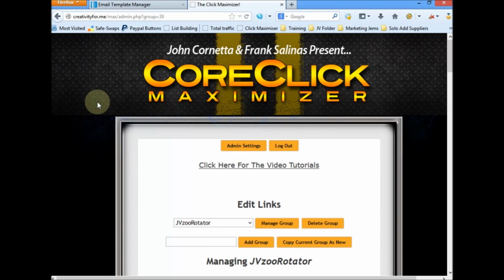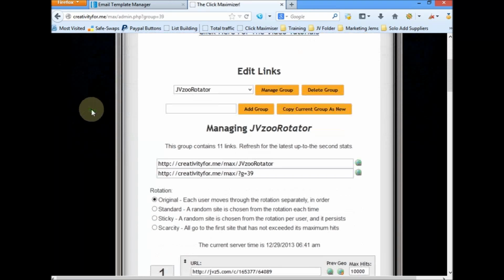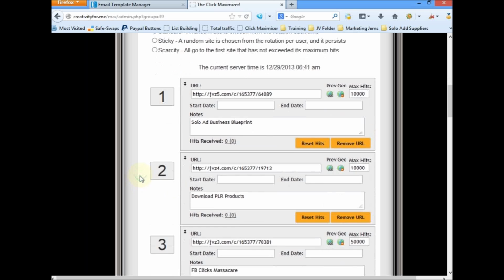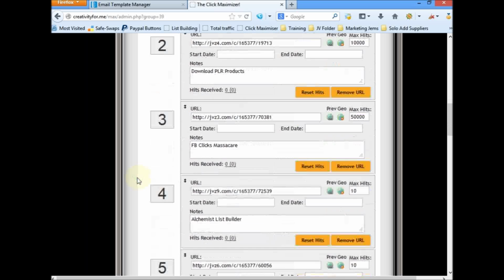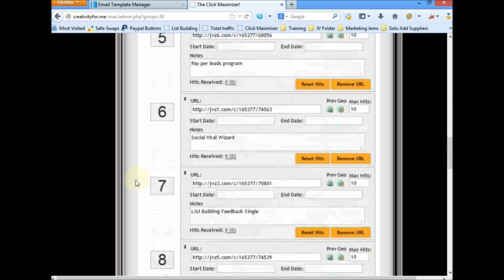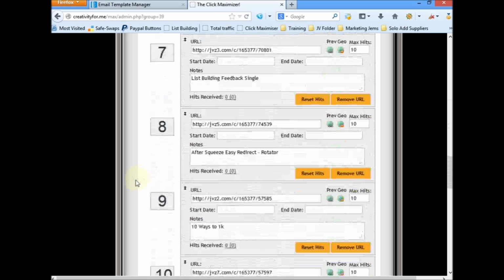I thought to start with the Core Click Maximizer, which I hope you've got installed, and in it I've configured, for example here, JVZoo, but this would also be your ClickBanking partners in the context of this video. So you see the sites, you see the names, so always make a note of who the ClickBanking partner is, and then you line them up for the number of clicks that you owe each one of them. And for this example I've used 11